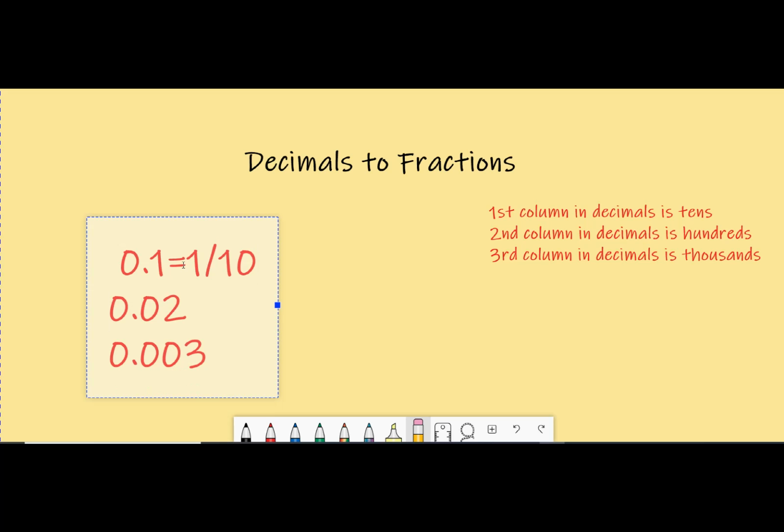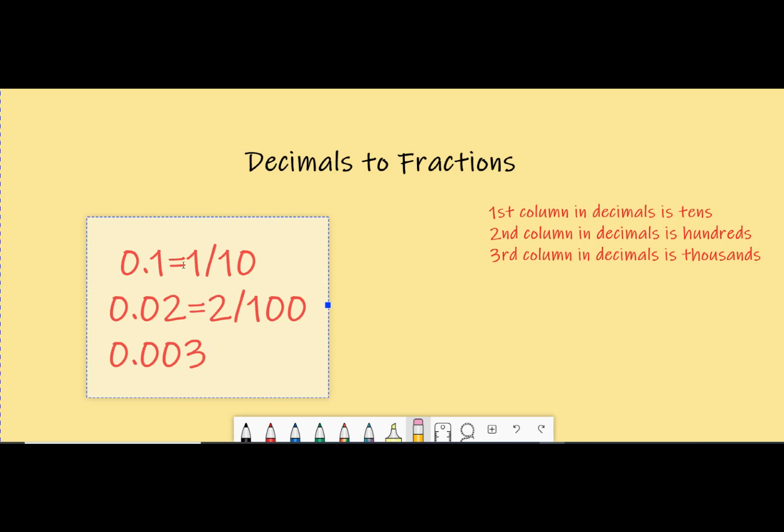If we look at 0.2, we can see that 0.02 equals what? It's 2 divided by 100. So 2 divided by 100 is 2 hundredths, which is 0.02. So 0.02 is 2 divided by 100 because the second column is in hundreds. And the third column